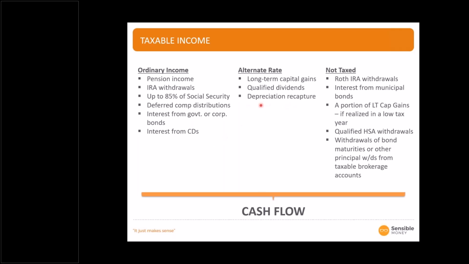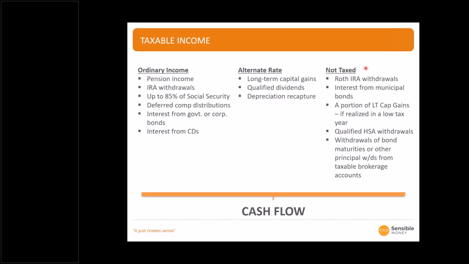Then there's an alternate tax rate. It applies to long-term capital gains and qualified dividends. So if you build up assets in a brokerage account, things like stocks and mutual funds, you can have a certain amount of income and gains that qualify for what might be a preferential or lower tax rate than your ordinary income rate. And same if you own real estate. When you sell a property, there's something called depreciation recapture if you've been able to depreciate that property over time. But generally, it's going to be a lower tax rate than your ordinary income, or it may be lower. That's why we call it alternate. It's not necessarily guaranteed to be lower if it's depreciation recapture.